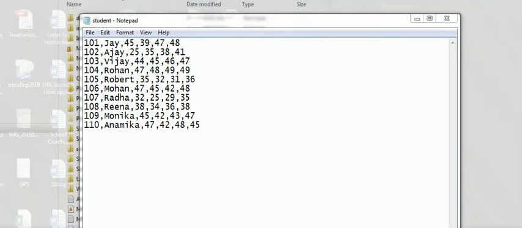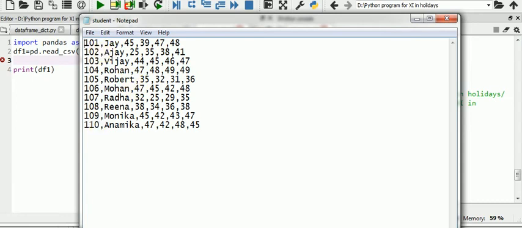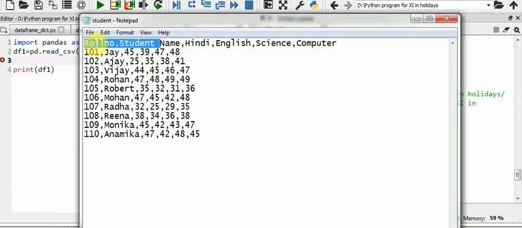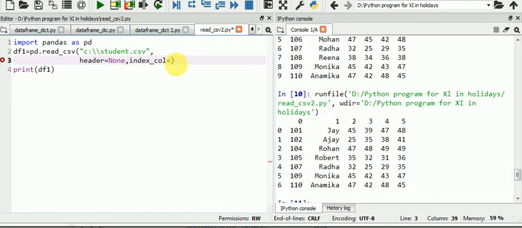Here I am pasting my column headers: roll number, student name, Hindi, English, Science. I want to use this roll number as an index, so I will assign roll number here. And remove this header because we already assigned the header here.